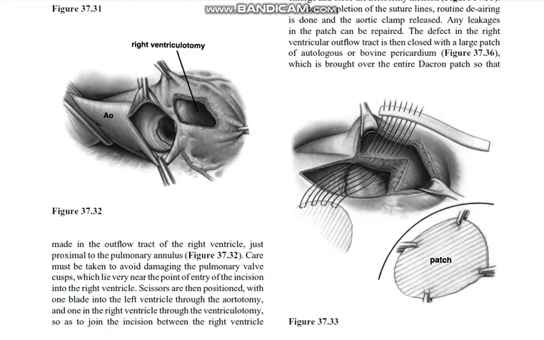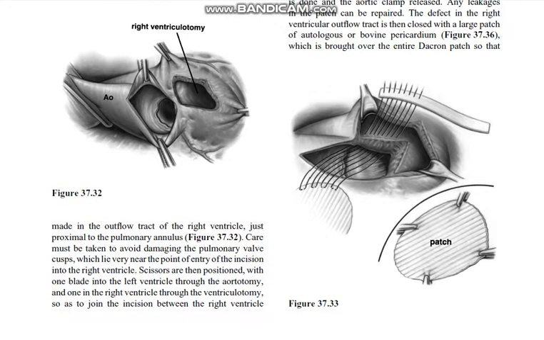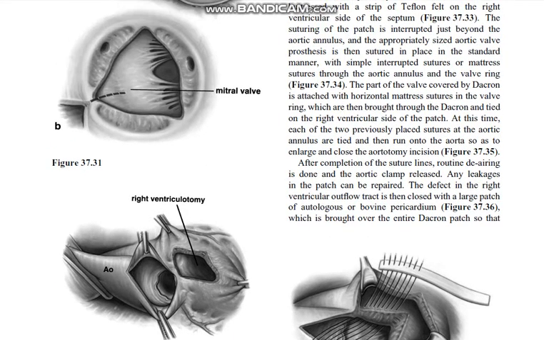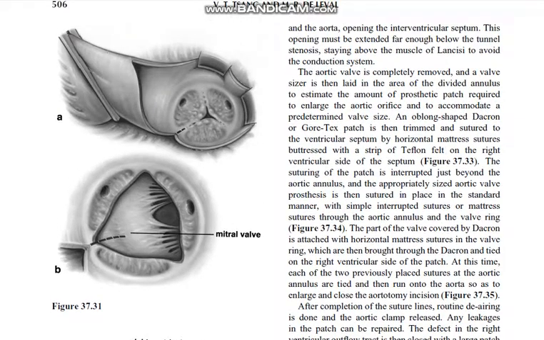Scissors are then positioned with one blade into the left ventricle through the aortotomy, and one in the right ventricle through the ventriculotomy, so as to join the incision between the right ventricle and the aorta, opening the interventricular septum. This opening must be extended far enough below the tunnel stenosis, staying above the muscle of Lancisi to avoid the